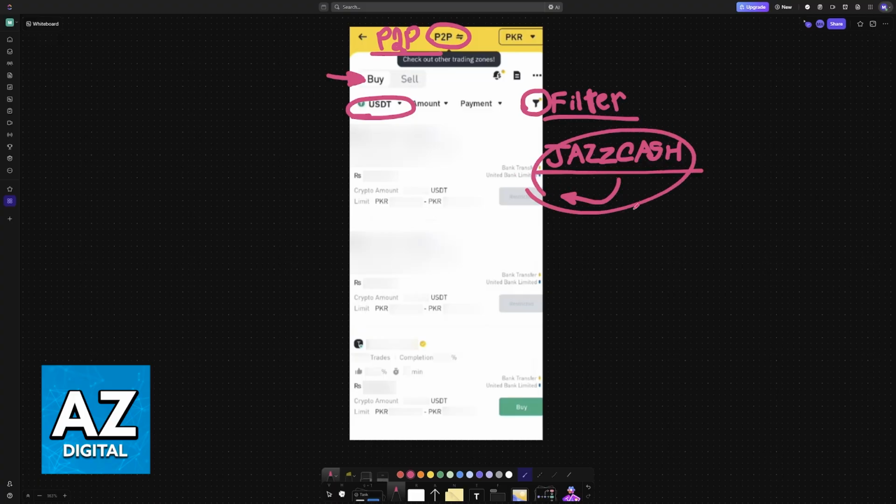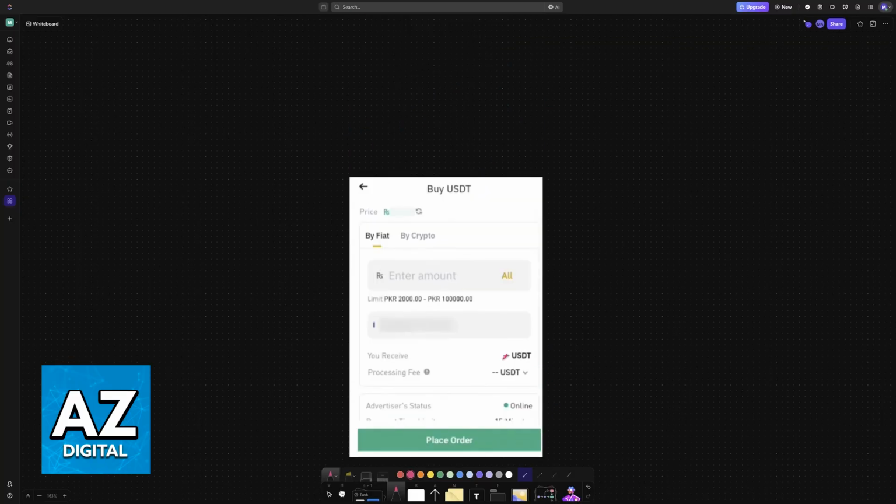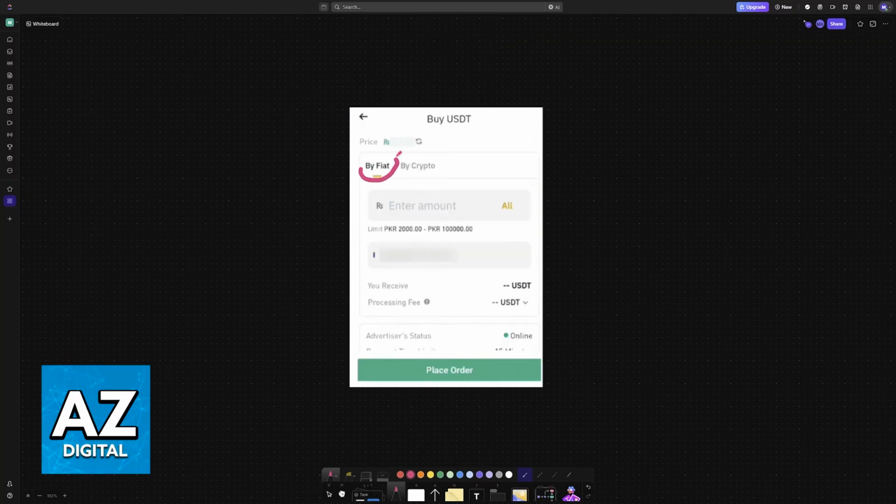So now, once you filter out and you find a specific trader that you would like to buy crypto from, all that you have to do is choose the buy option. If it says restricted, this could be due to various reasons. Maybe you need to load a balance, your account needs to be verified, and so on. The best course of action is going to be to talk to support. But if you tap on the buy option under any trader, you will be able to set it up here.